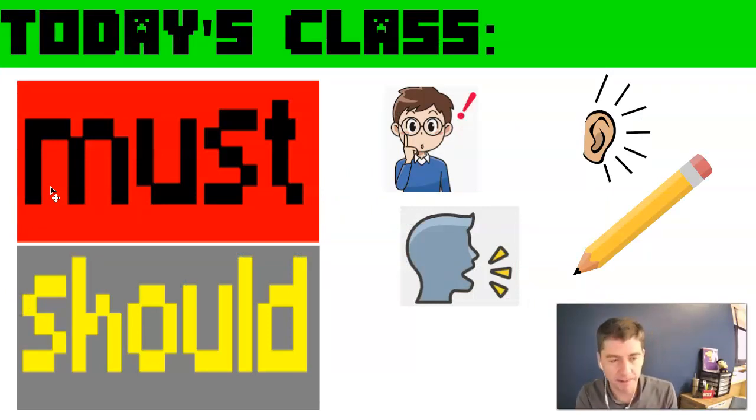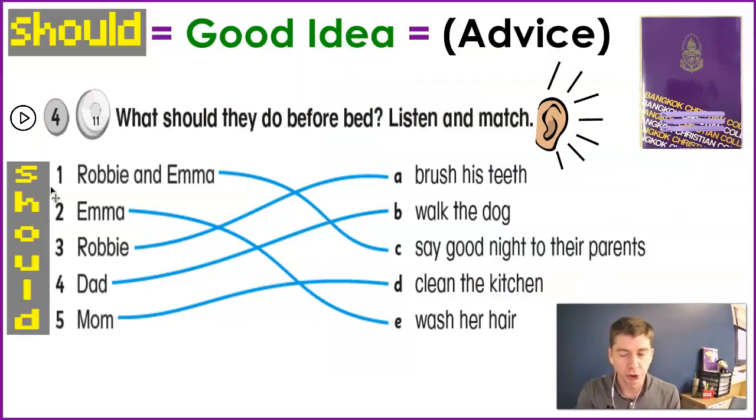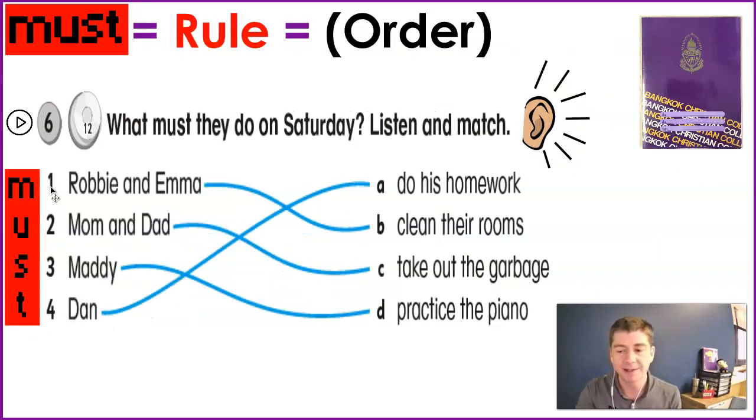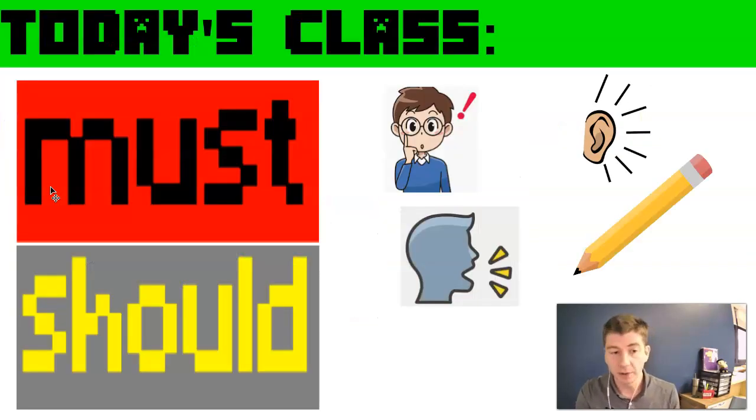Your next step is to go back to Blenspace and do the 2 writing activities. You will be writing the should sentences that you heard. You will also be writing the must sentences. So go to Blenspace, follow the instructions. When you are done, please post a picture of your writing on Facebook.